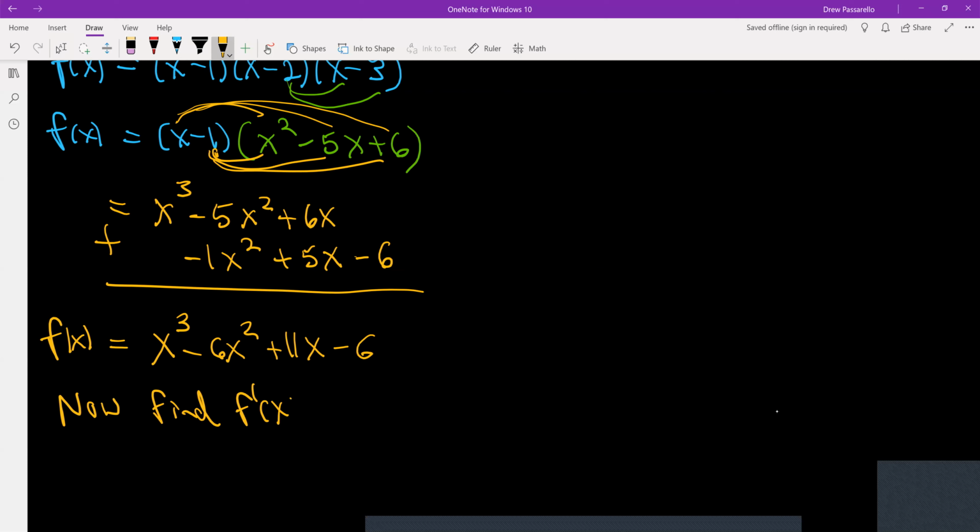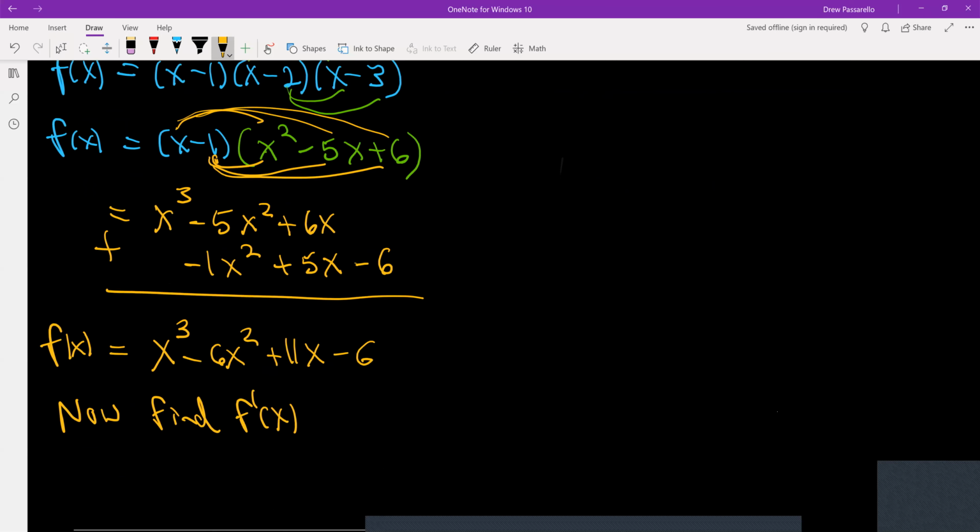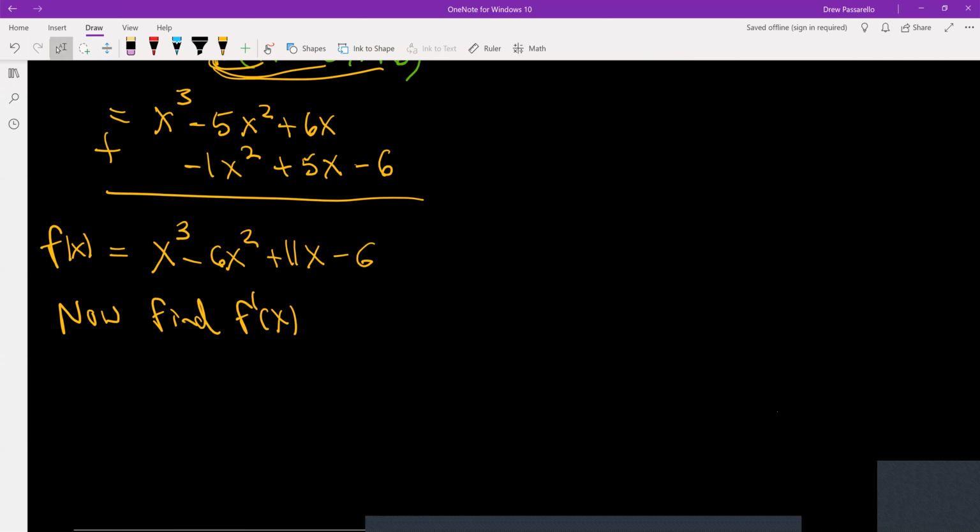And you could have done the product rule, and it still required a decent amount of work to expand the polynomial. But I expanded it out to just use regular derivative rules. And so f prime of x,